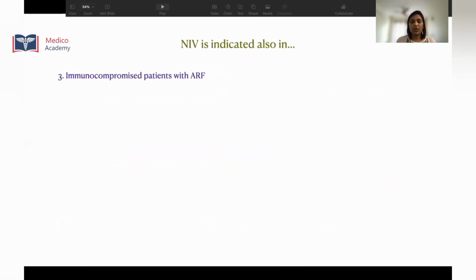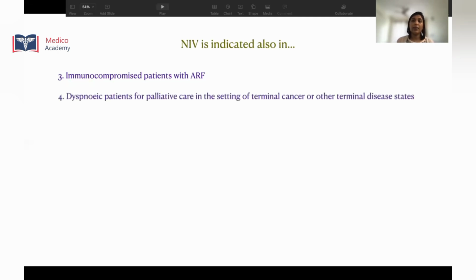NIV is indicated also in other conditions like immunocompromised patients with respiratory failure, cases of advanced HIV infection, that is AIDS, or patients with hematological malignancies post chemotherapy if they are neutropenic and immunocompromised. Then also NIV is indicated. In dyspneic patients who are only for palliative care, especially terminal stages of cancer or other terminal disease states. For example, advanced COPD cases, they are only for palliative care and they are not candidates for invasive mechanical ventilation. In such cases, during an acute exacerbation, you can use